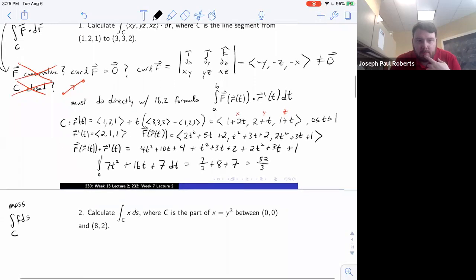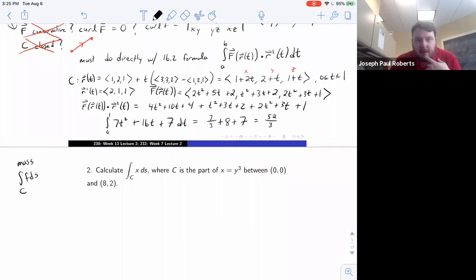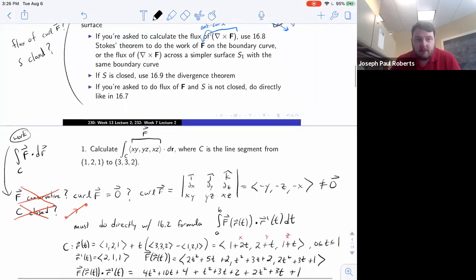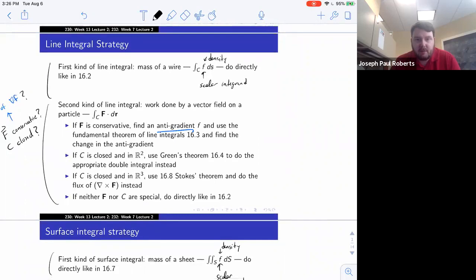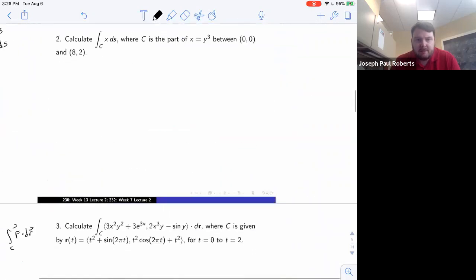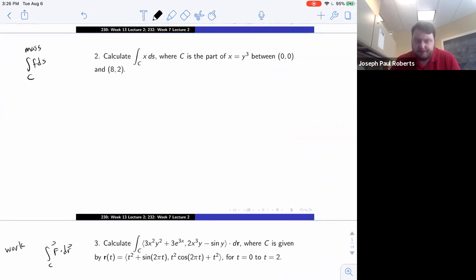All right. Mass. Scalar function, d little s line integral. No shortcuts, right? Go back up here. First kind of line integral, best we could hope for is to do that. So we must do directly like in 16.2, which for this one